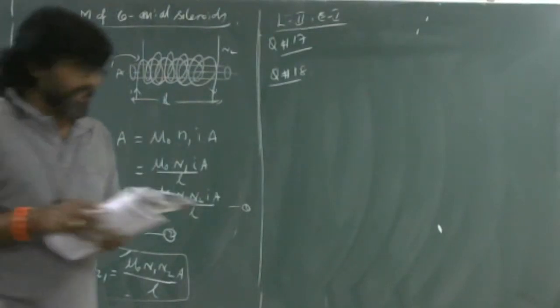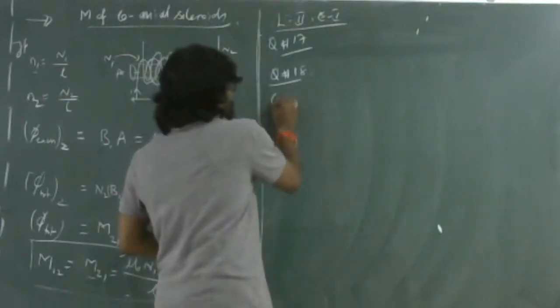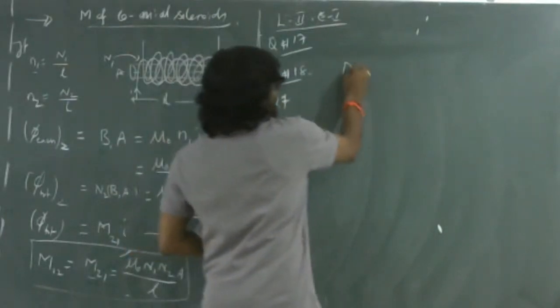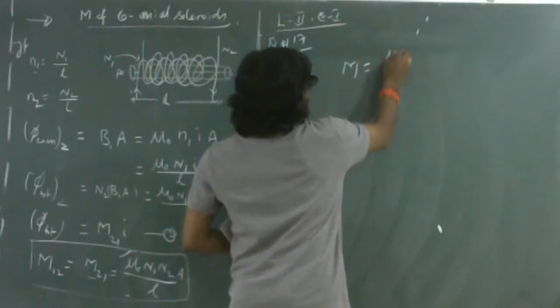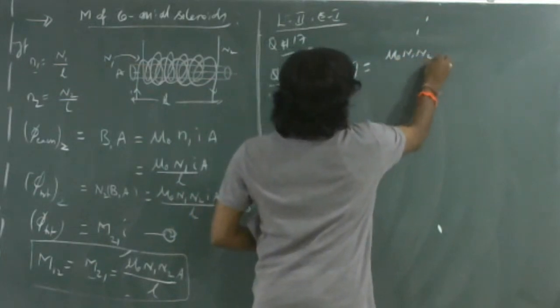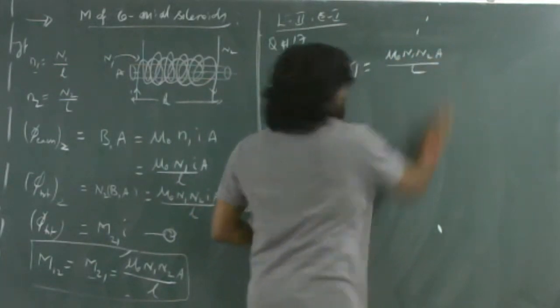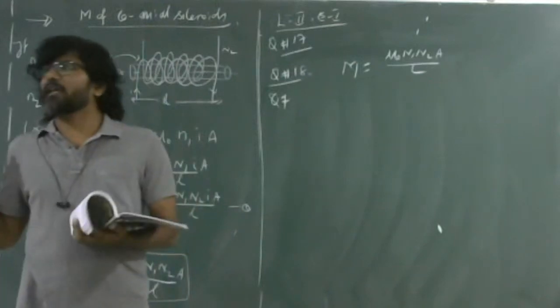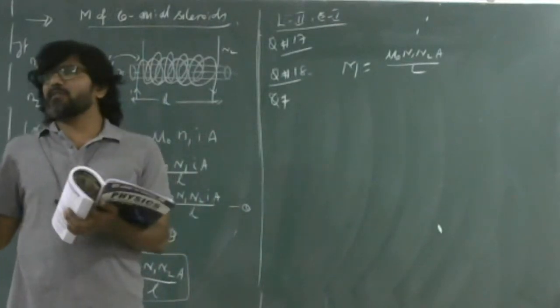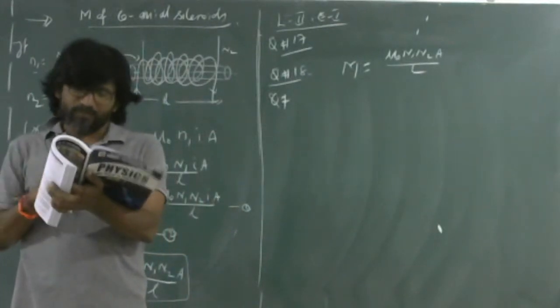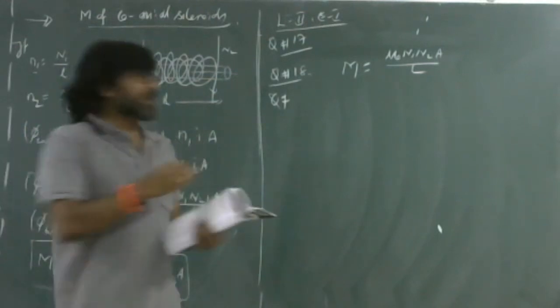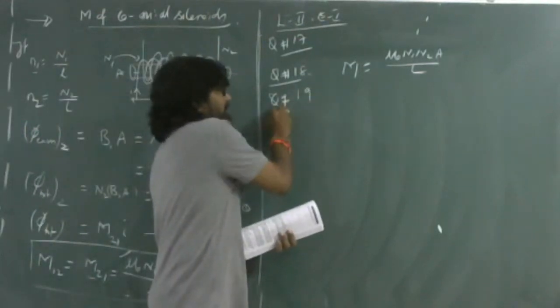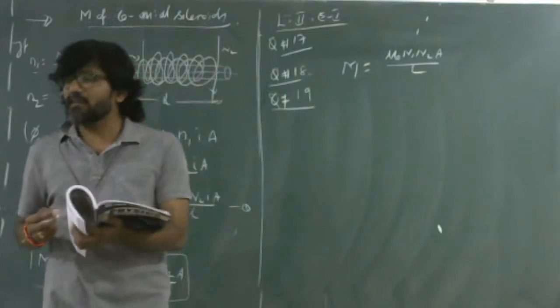Next, you see question number 19. Here M is equal to what? Mu naught N1 N2 A by L. Like the same formula, a conceptual based question. Then question number 19, it is given that,